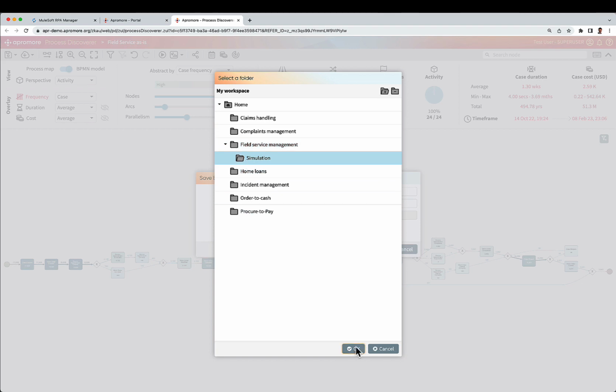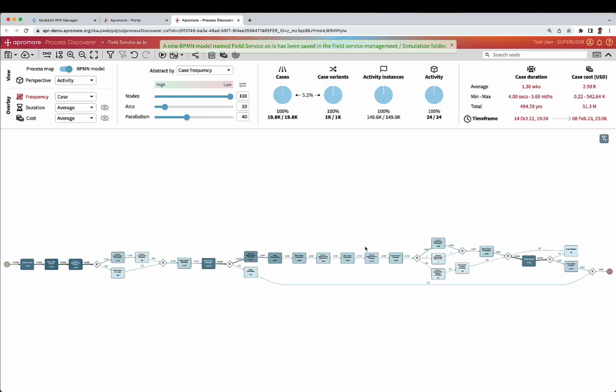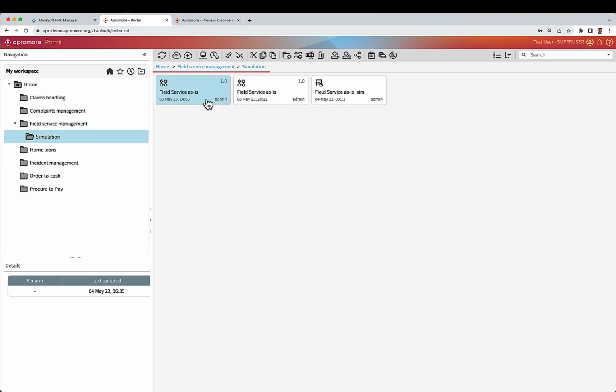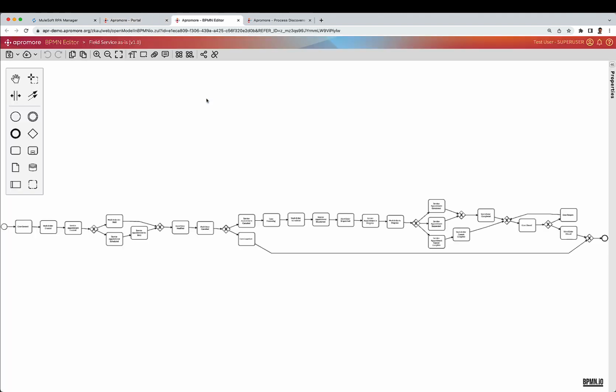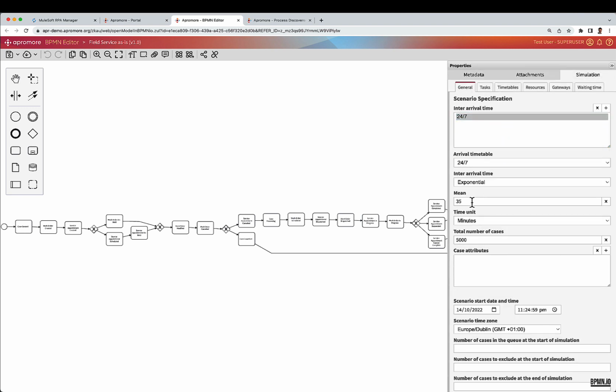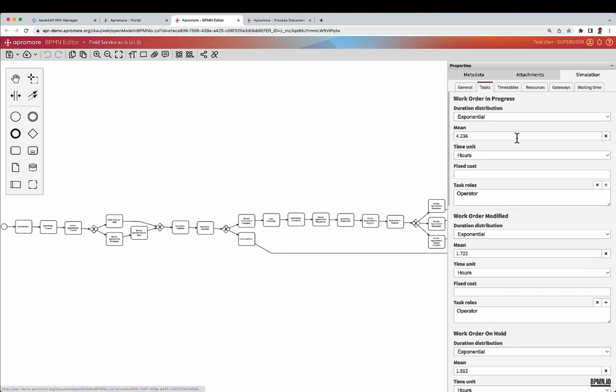So that means that Apromore is now extracting from this event log all the simulation parameters that allow me to simulate different interventions. That is, for example, the arrival rate. So for example, I see that I receive on average one work order every 35 minutes. That has also to do with